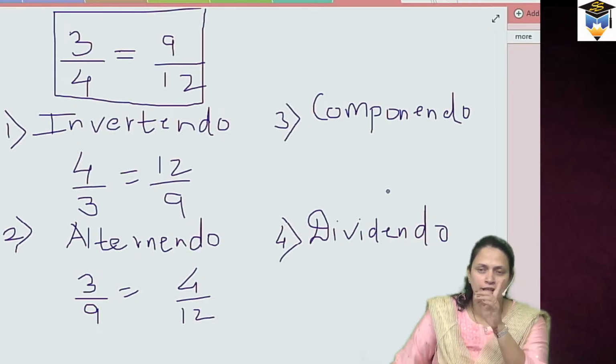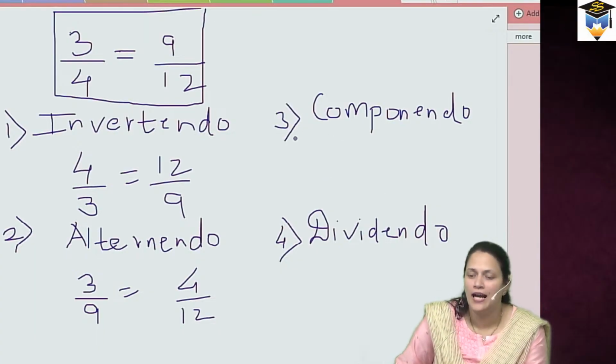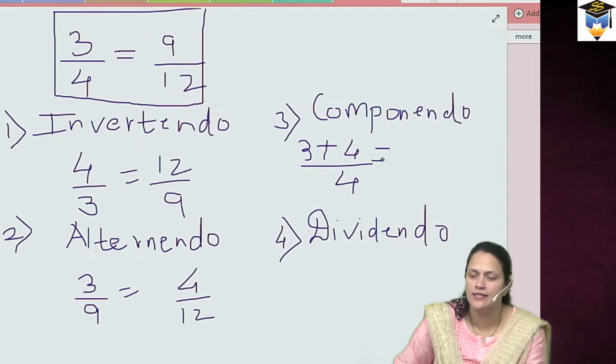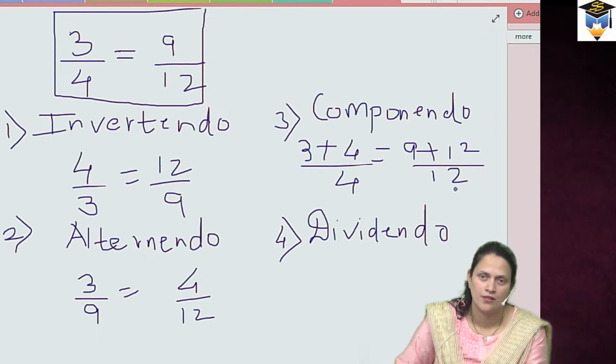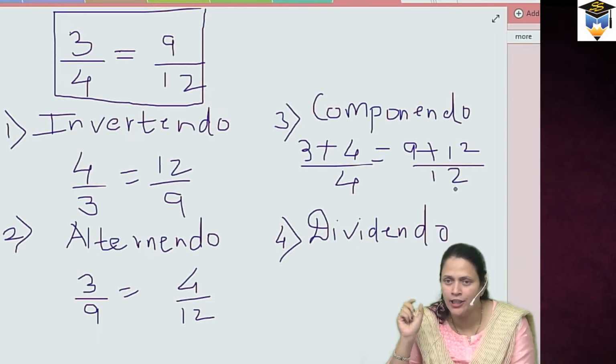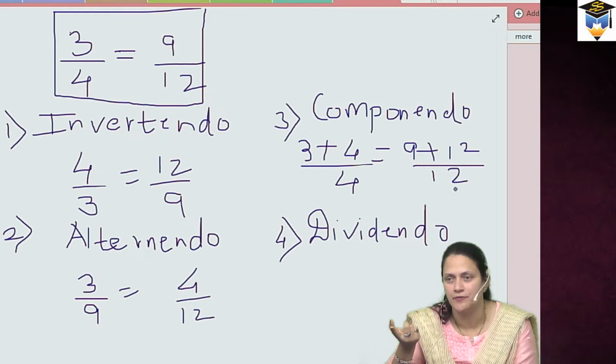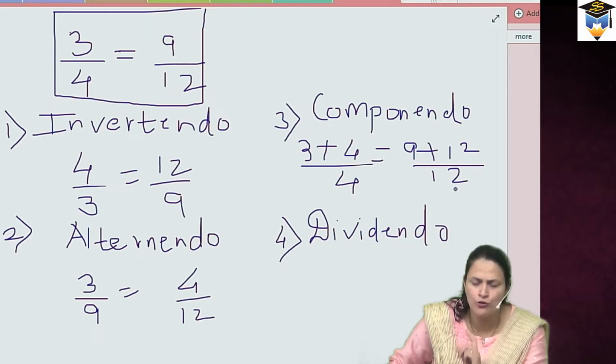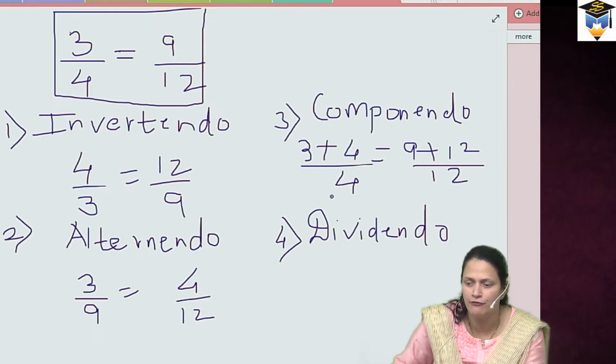So now in componendo, just check. I'm going to write this original ratio as 3 plus 4 upon 4. This is equal to 9 plus 12 upon 12. So I have just added the denominator part in the numerator, and the denominator remains as it is. If you check the answer, this is going to be 7 by 4